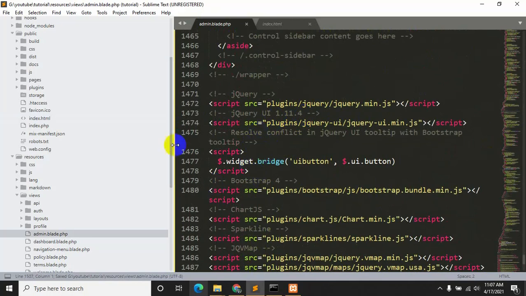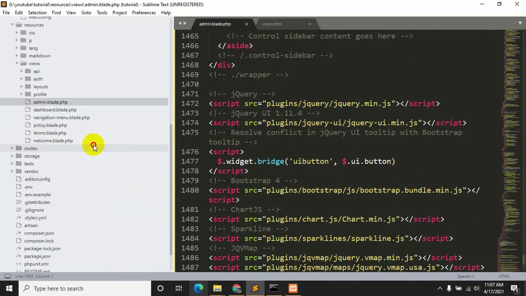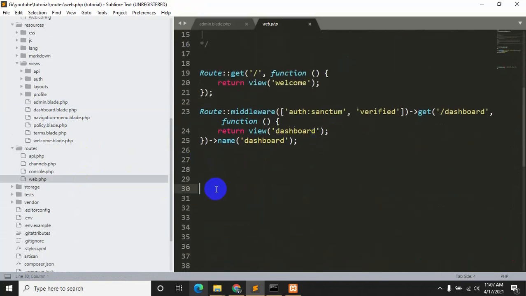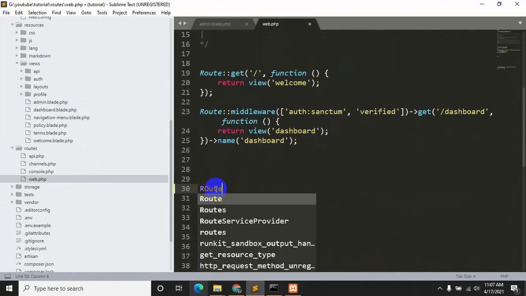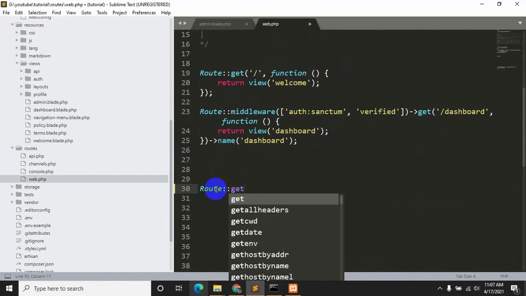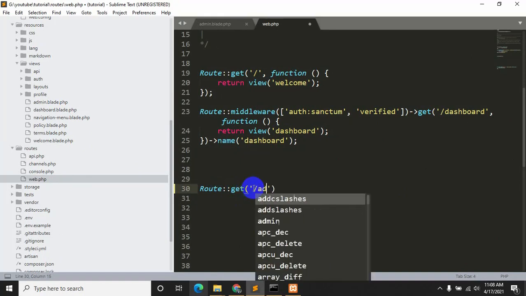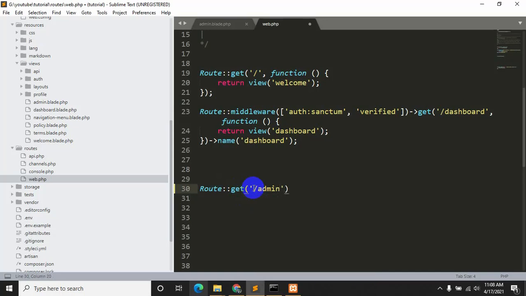Now we need to show this view. For this we need to go to routes, web.php, and over here we create a route. Route get, let's say it will be /admin, then comma, inside the third bracket we need to write our controller name.